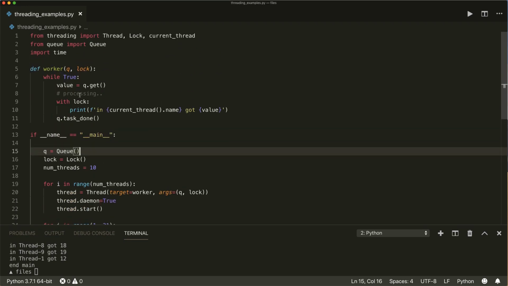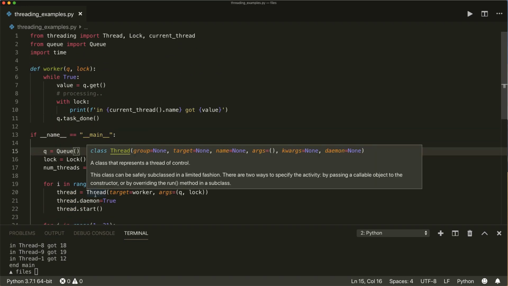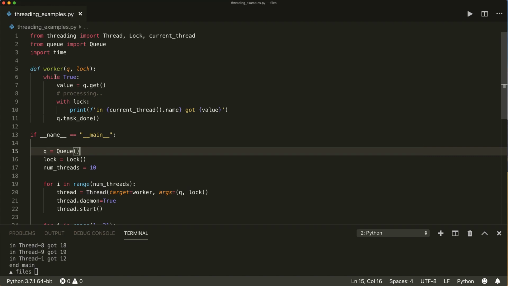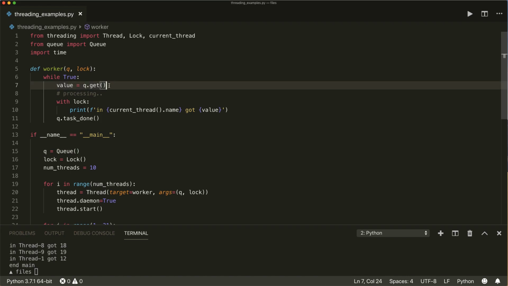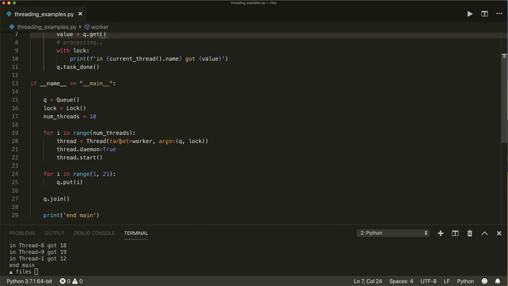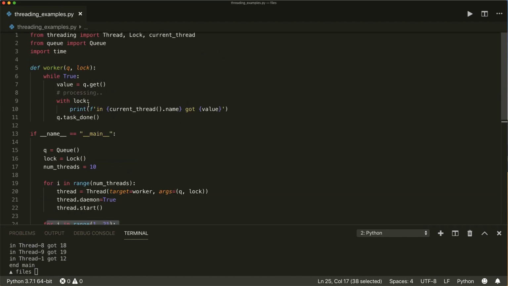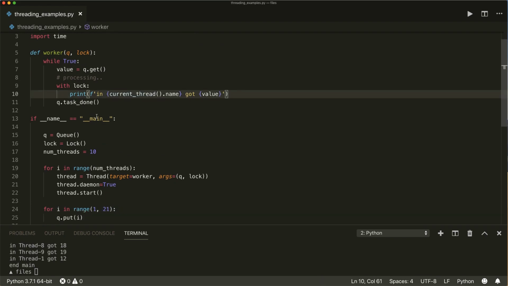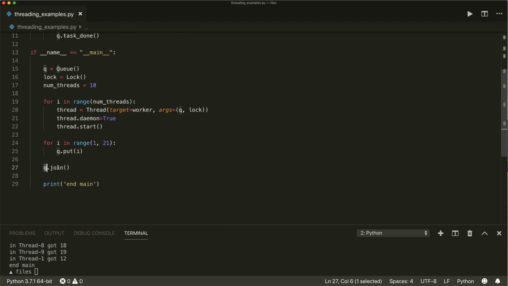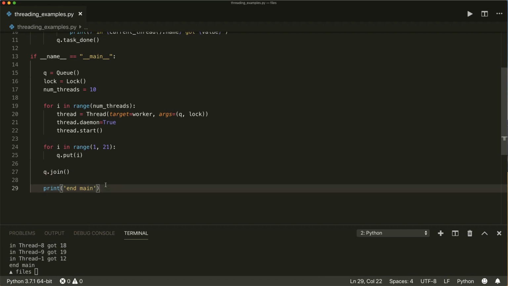So our threads enter this infinite loop, and then it blocks here because we have no items inside our queue, and then as soon as items are available, it can continue here and process the items. In this case it just prints it, and then after all the items are done, we can continue here. Then this will unblock, and then we will continue and print end main,